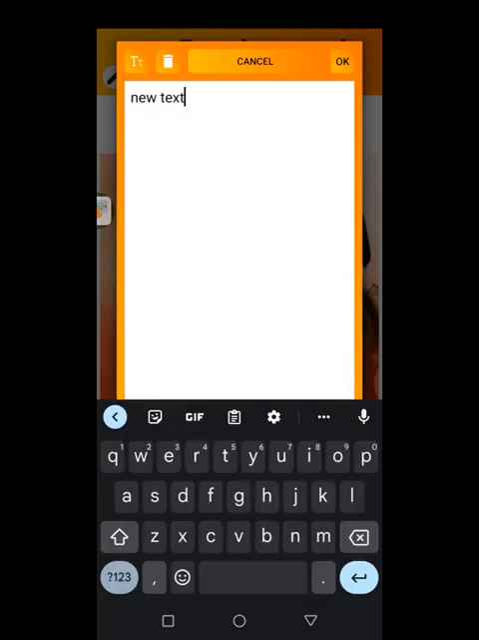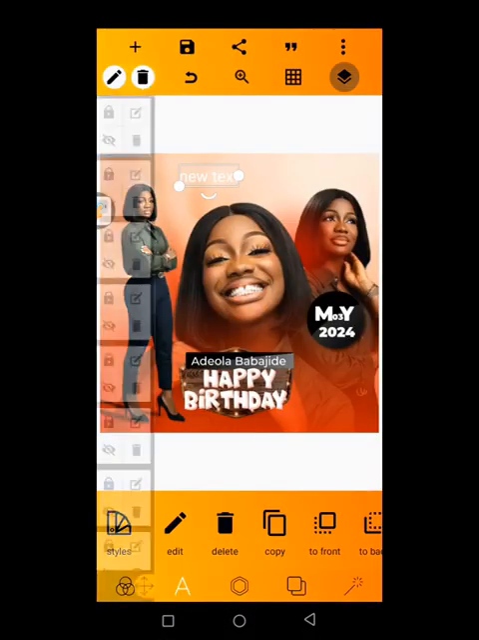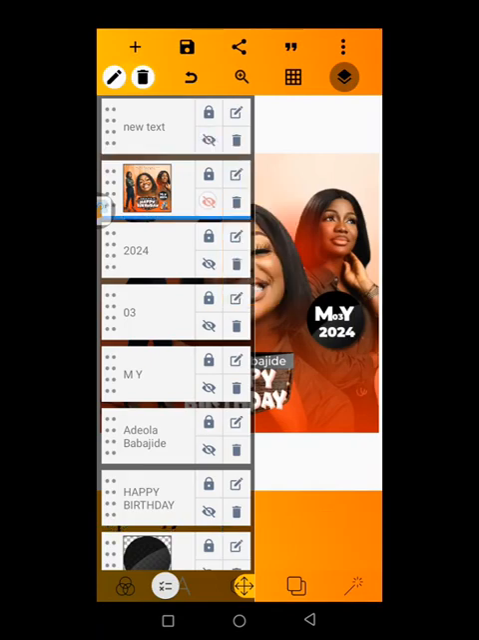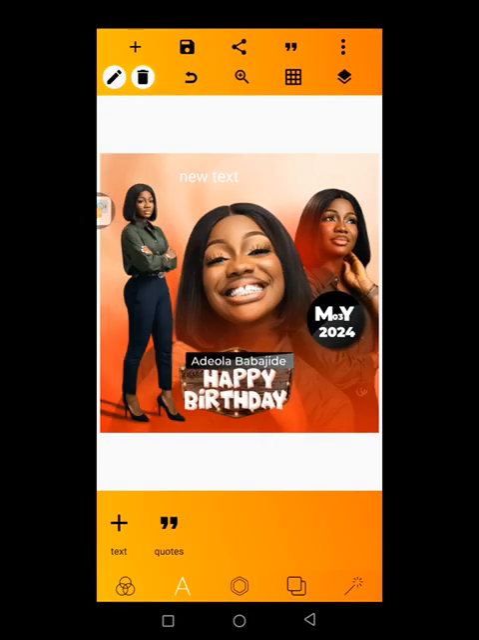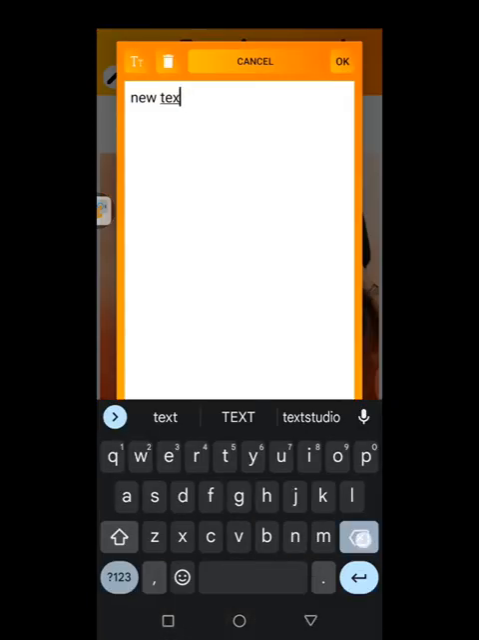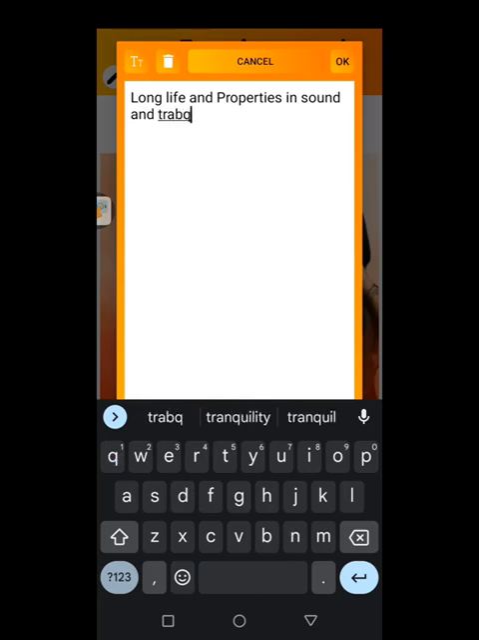So I will now be inserting the particular text, the wishes. So let me just check the wishes. This is the last wish we will be doing now. Long life and prosperity in sound health and tranquility. Okay. So I'll be inserting the particular wishes now. Long life and prosperity. And sound health and tranquility,